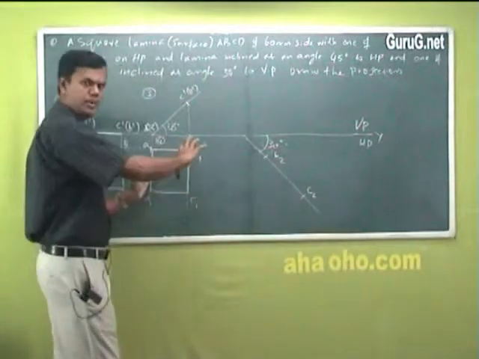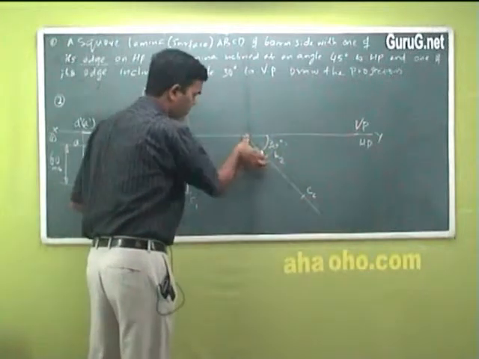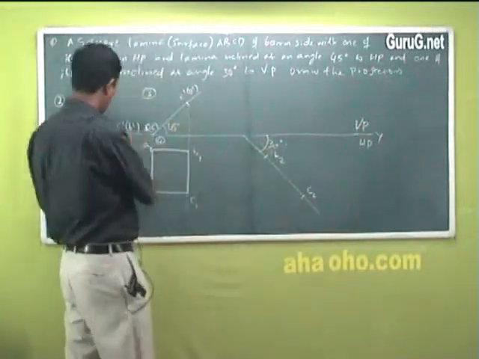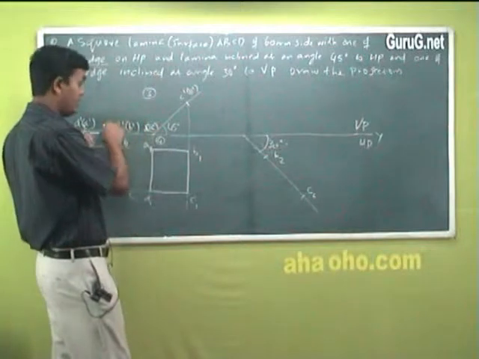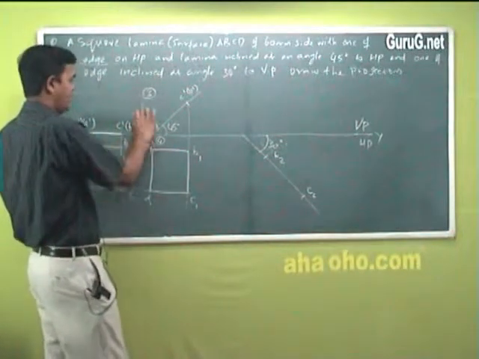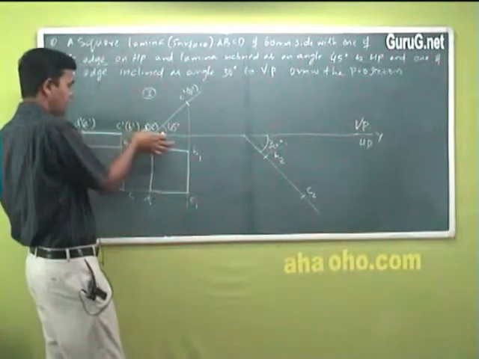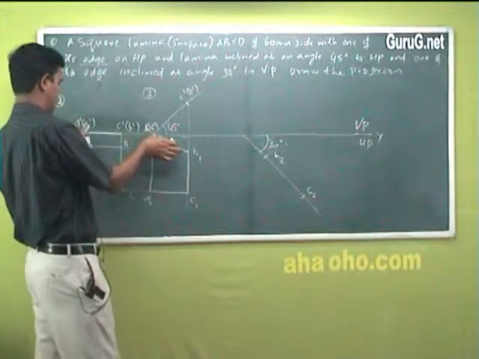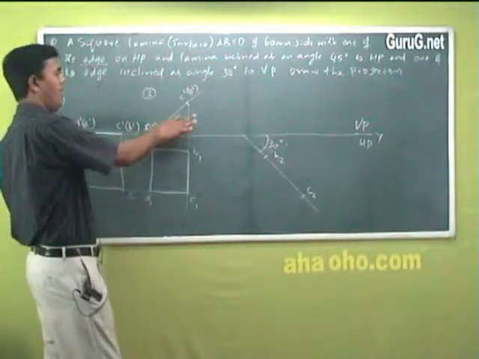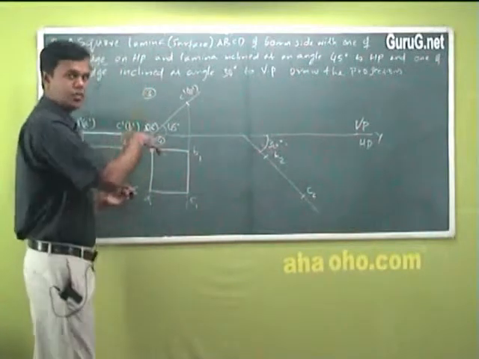You can just use your compass, hold it, measure this, start from any point here, there's no problem, because this is the condition where your edge is resting on HP, which you satisfied. So here, you cannot give any gap, because it's resting on HP. From here, you just change it from the corner number. A and D are the same, and you shifted C and B. That's fine. But below, it is just a view from the top.